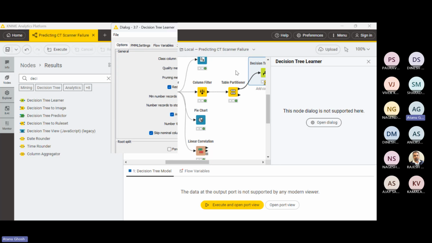There are two types of quality measure, gain ratio and Gini index. I think I've explained this in the last class. Just confirm yes or no. If not, I'll try to explain again. As far as I remember, I have explained this. I might be incorrect, because there are other courses going on, so it's possible that I might have missed out, confusing with other courses. Did I or did I not?